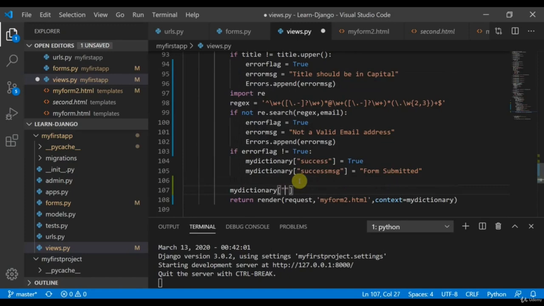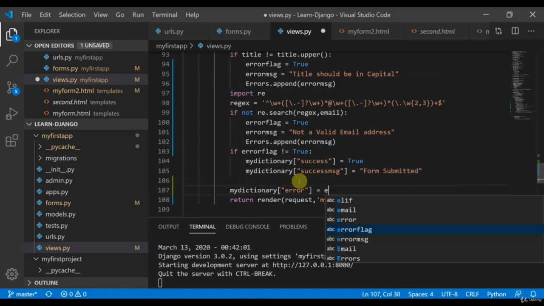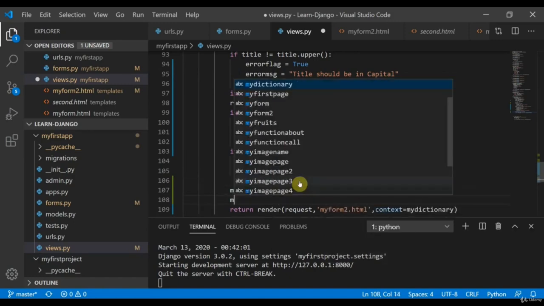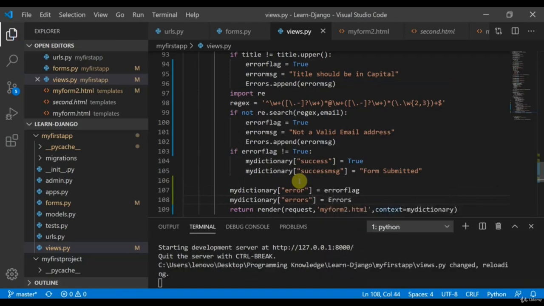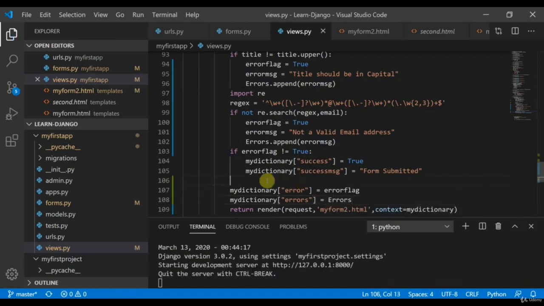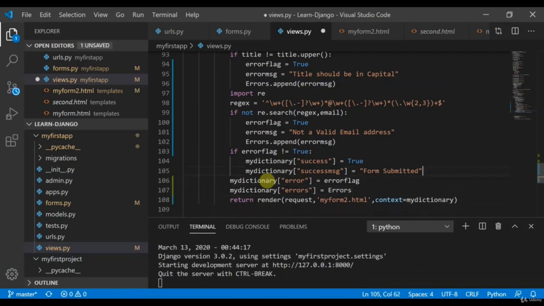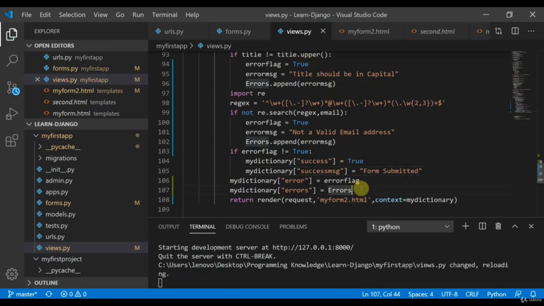My dictionary of error is equal to error flag, and my dictionary of errors is equal to errors. Okay, so this is fine. So now this would render my dictionary to my form2.html. Okay, before this, what we can do,